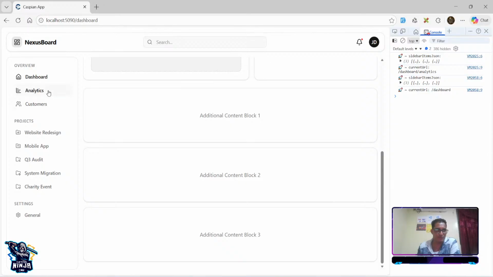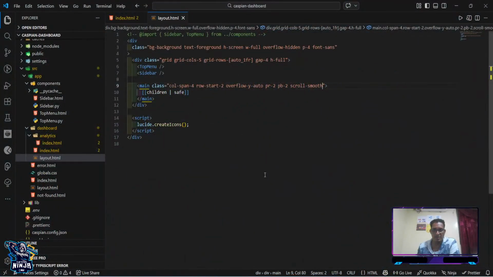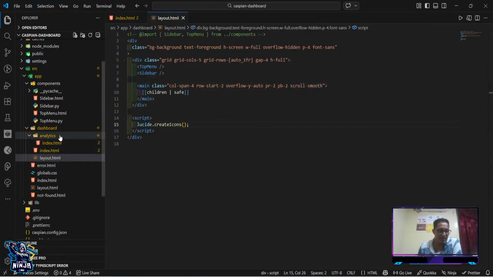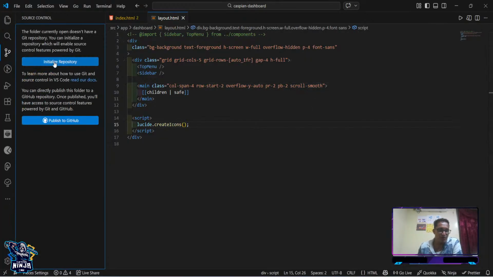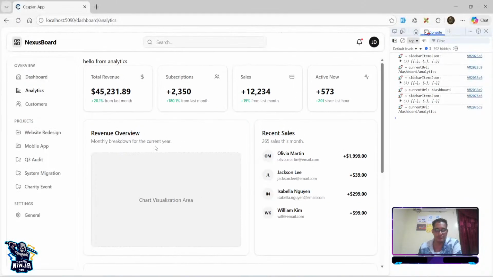And same for analytics. I click hello from analytics, and now you have a page content which is not only dynamic, but it's crawling automatically when the content gets loaded. But we're just using one class in this case, behavior. Okay, so that's going to be our first dashboard in this case, because in the next video we're going to